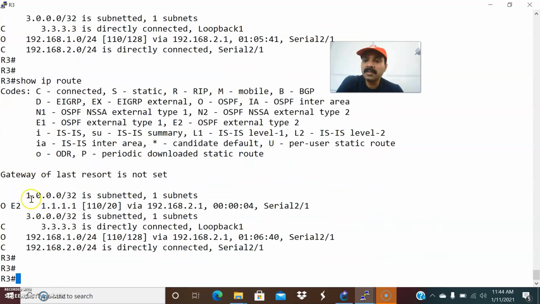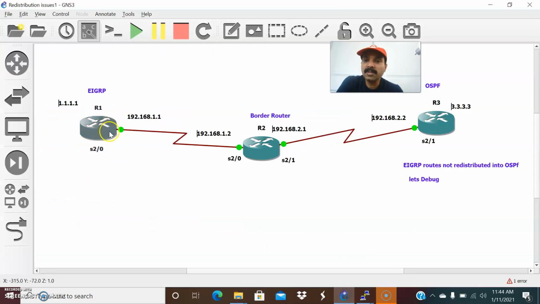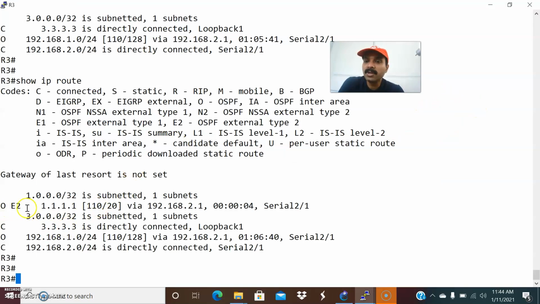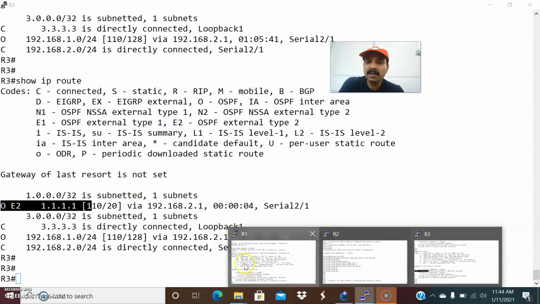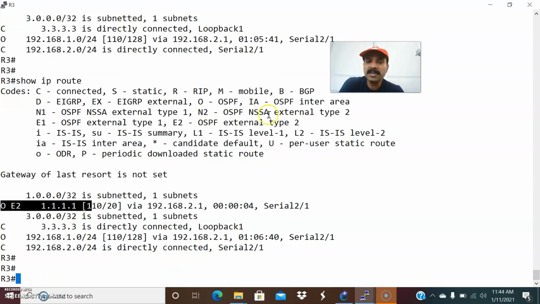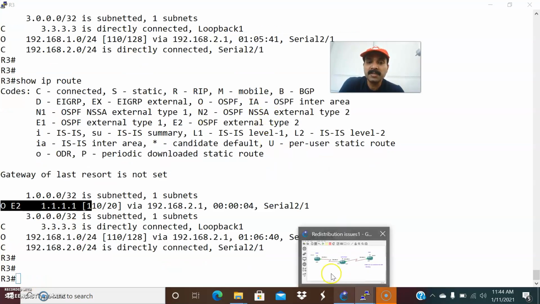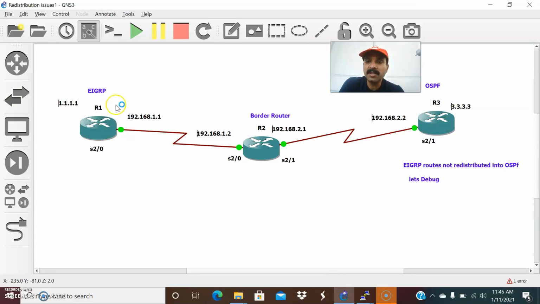Yeah, now we are able to see the 1.1.1 prefix, right? That means the EIGRP routes are now appearing in the OSPF routing table as external routes. You can see O E2. O E2 is nothing but the EIGRP routes as an external route. When it is redistributed into OSPF, it will show as O E2, that means external route to OSPF. Similarly, let us go to R1. R1 will show D EX, that means external route of EIGRP. An external OSPF route will show in EIGRP as D EX. In OSPF, an EIGRP route will appear as O E2, right?